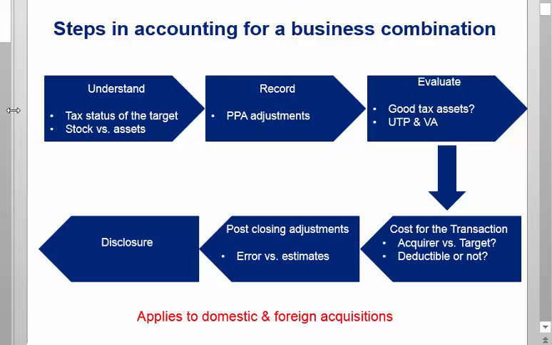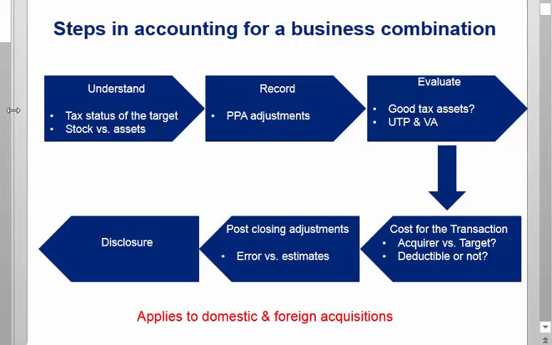LSI had exposures, reserves. They had non-current liabilities that they had accrued under FIN 48. Those exposures are going to come over with the target, and they're going to become Avago's exposures. Not in a legal sort of way, but from a consolidated financial accounting way. Whatever was on LSI's books is going to move over effectively to Avago's financial statements. So we need to think about not only what the books are doing, but what the tax-specific items are that are relevant to us.